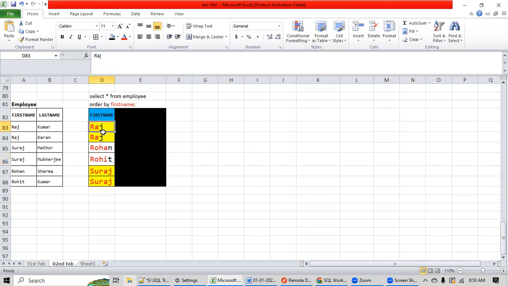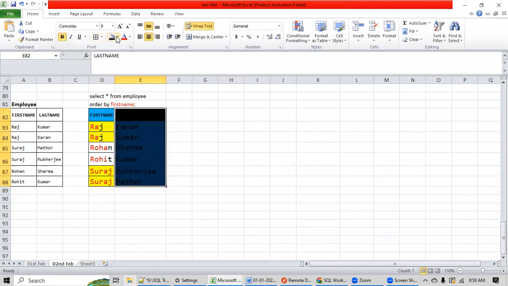But still, if the engine is not able to decide, all the characters are the same, then what will the engine do? It will show any of the records. It will select randomly any record and display that. This is what we have discussed so far.